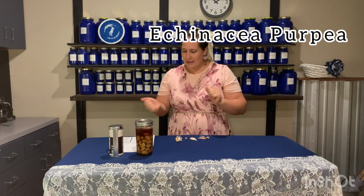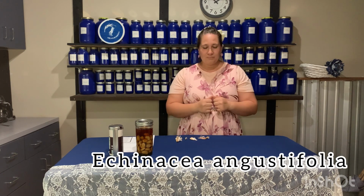The third herb that we're going to add in today is echinacea. Now there are 2 different types of echinacea, Echinacea purpurea and Echinacea angustifolia. They're both good, and you can use either one for antibacterial purposes. And echinacea is a really cool herb that, as soon as you take it, it's called an